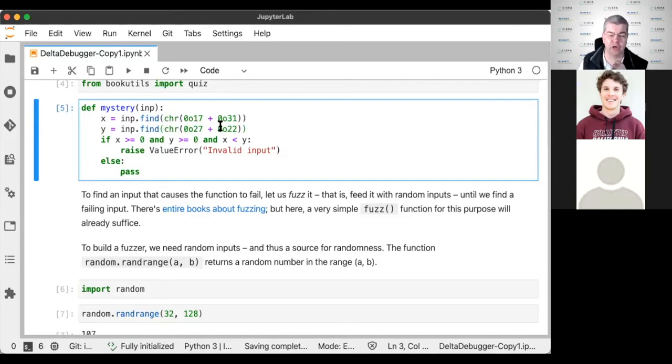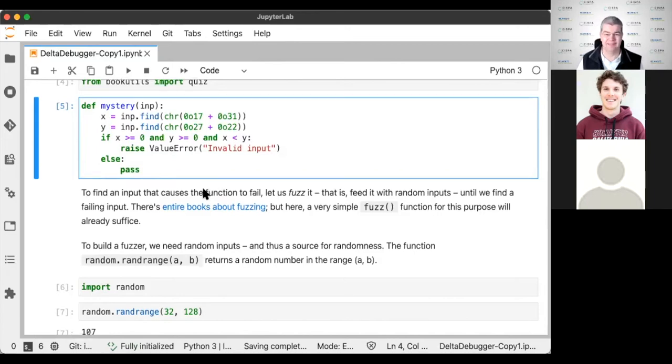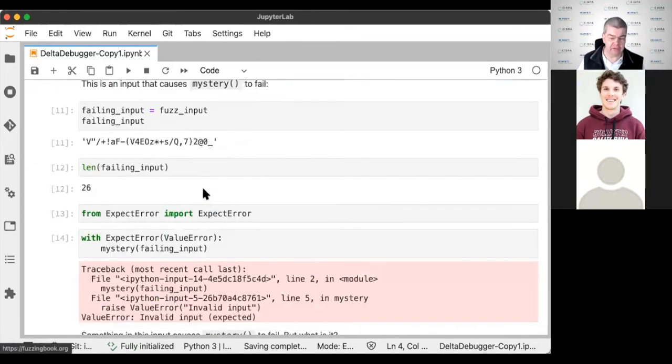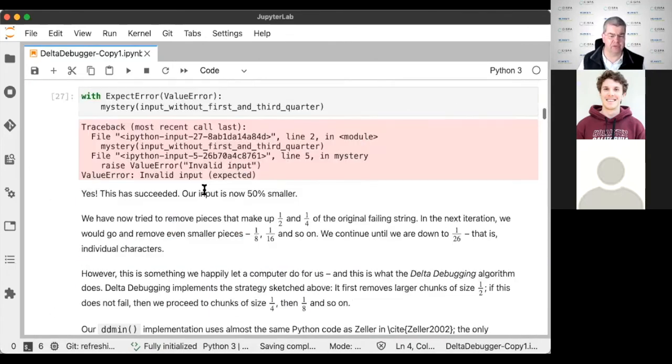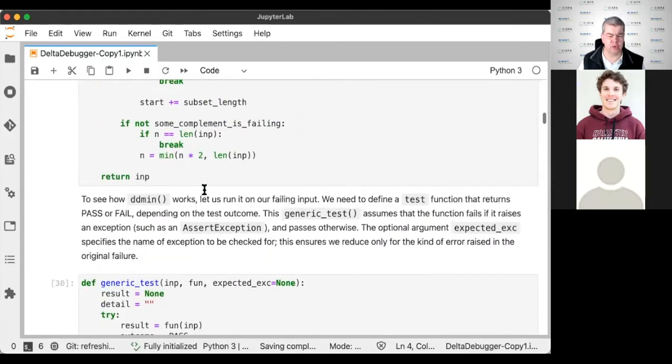This is an encoding of a closing parenthesis. And what we have in here is if there is an opening parenthesis and a closing parenthesis, and the opening parenthesis precedes the closing parenthesis, then our mystery function fails. Well, in all generality, the failure conditions will not be as clear as we have them here in these obfuscated lines, but still, Delta debugging is going to do a good job at